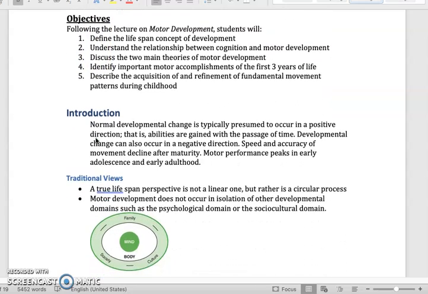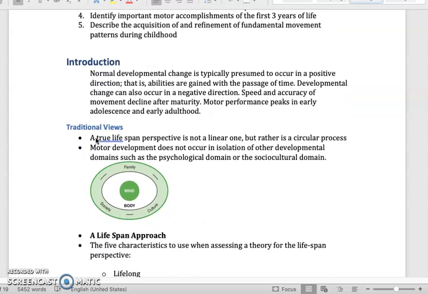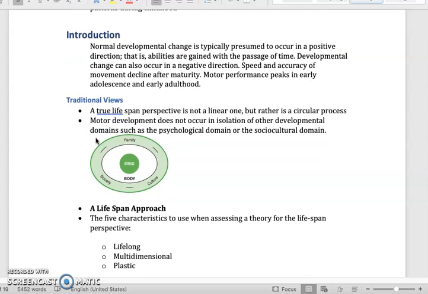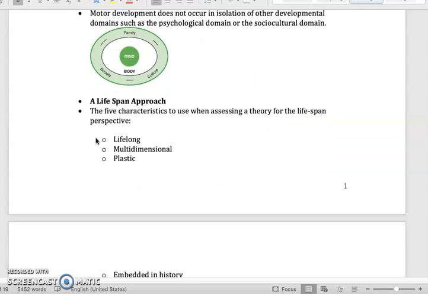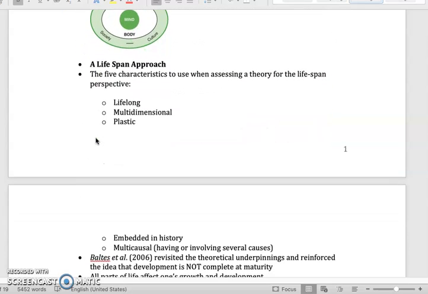So basically what I want you to know about motor development is that it continues to evolve throughout the lifespan, depending on the musculoskeletal changes that occur and the experiences that people have. Life and motor development end up being cyclic. It happens over a lifespan, and it's multidimensional. It has several entities involved in this movement, and also it's kind of plastic. What that means is that it's pliable, it is flexible.